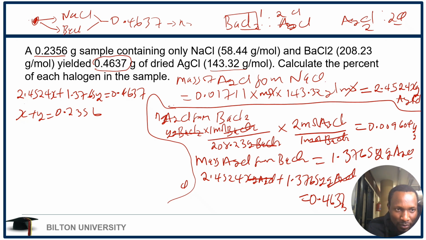So with this equation, we can write it as y is equal to 0.2356 minus x. So let's call this our equation 1, this is our equation 2, and this is our equation 3. And therefore, we can rewrite or rearrange equation 2 and equation 3 in this way: